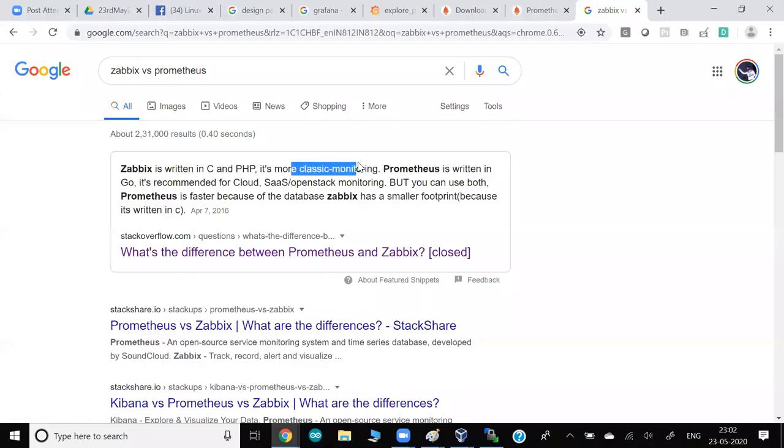But in today's world of dynamic cloud, SaaS, OpenStack, Prometheus is the best one to use. And Prometheus is fast also. If you have Zabbix knowledge, that is good, you can use the same knowledge in Prometheus. It is a so powerful, very dynamic tool. I suggest you guys use it.